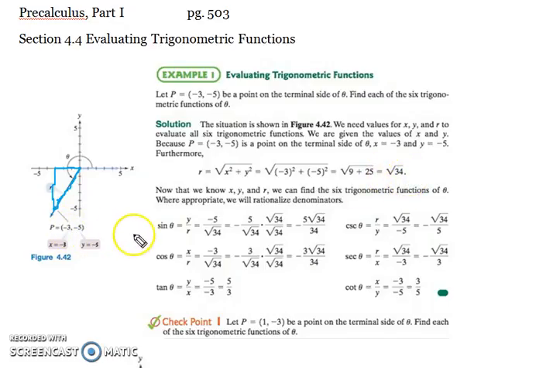Then you just go build your sine, cosine, tangent. Sine is opposite over hypotenuse, which is y over r. Your opposite side of theta is always the y. So that would be -5 over square root of 34. We can't leave it like that. We have to multiply by the conjugate, or the square root by itself, and get -5 square root of 34